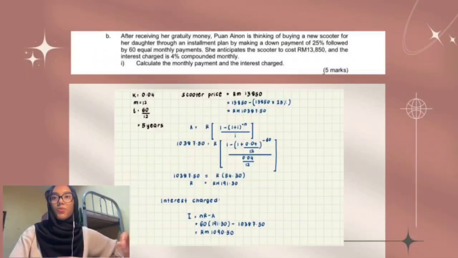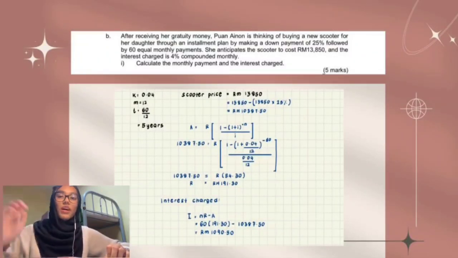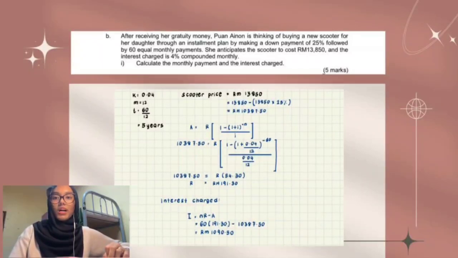So for question B1, we have to calculate the monthly payment and the interest charge. In this situation, we have to use the A formula, which is A equals R multiplied by 1 minus 1 plus I power of negative n, and divide by I. So our A is 10,387.50 equals R multiplied with 1 minus 1 plus 0.04 divided by 12 power of negative 60, and divide by 0.04 divided by 12. So after we settle all the calculation, we got our R equals 191 ringgit